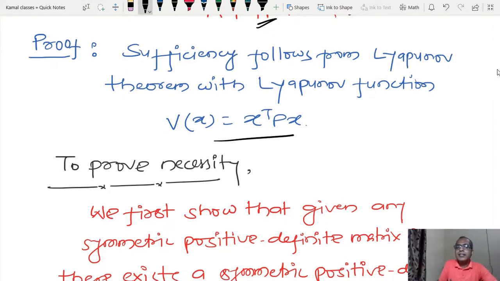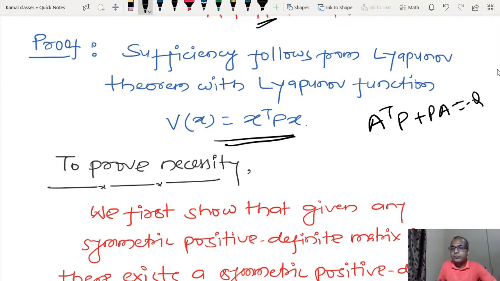If you select this and this, I come up with the Lyapunov equation A transpose P plus PA equal to minus Q. What we are saying is that if A is a Hurwitz matrix and Q is a positive symmetric definite matrix,